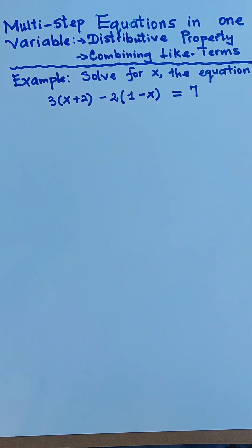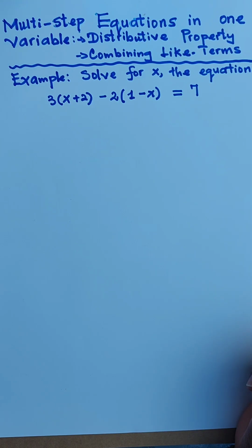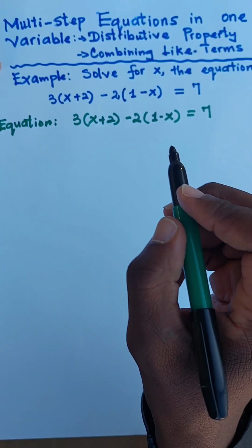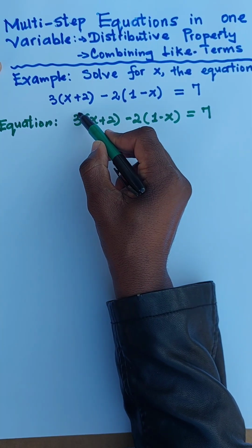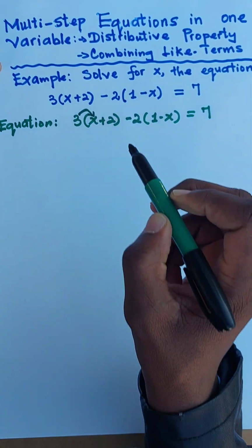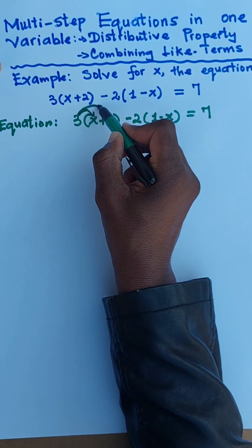Hi, in this video we shall solve a multi-step equation in one variable that involves the distributive property and also combining like terms. PEMDAS says parenthesis first in simplifying mathematical expressions. With the distributive property, this 3 here is going to multiply that x, and this same 3 will multiply with